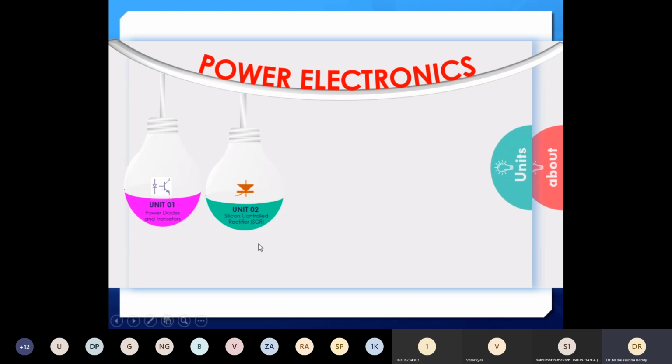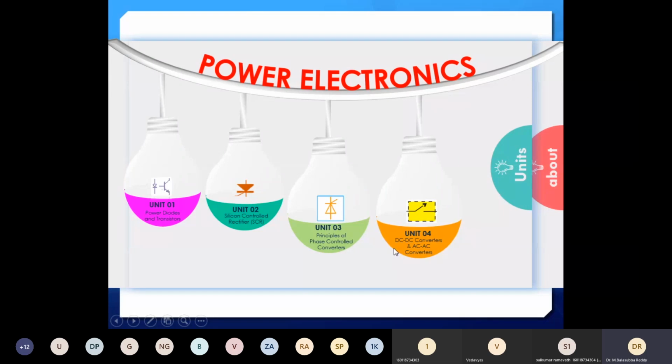And then there is a third unit, phase controlled rectifiers. So all the controllers will start from this unit onwards. Totally 5 controllers in our subject. All the 5 controllers combined we call power electronics controllers. Individual controllers will be there, like that we have all 5 controllers we need to discuss in this course. So that starts from the third unit onwards.